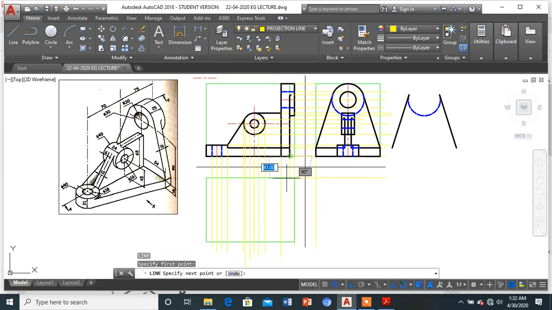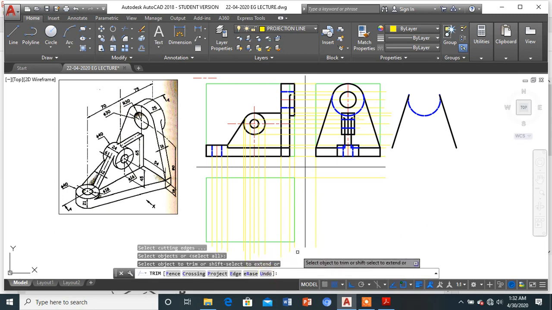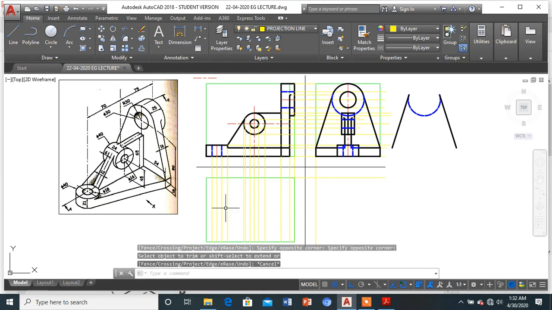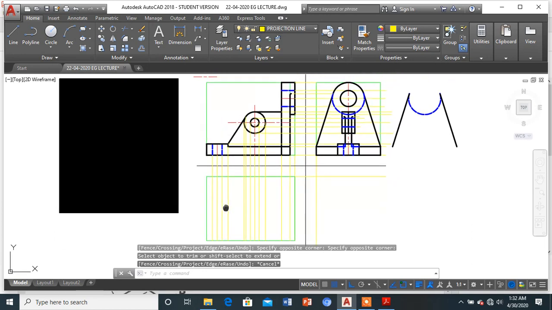So as you can see, one by one I have taken all the projections down. Let's go for the final ultimate view, that is the top view. So let's focus on the top view, my dear friends, one by one.